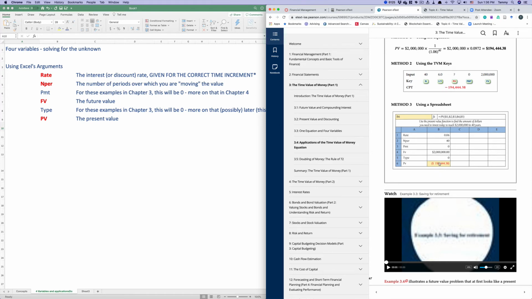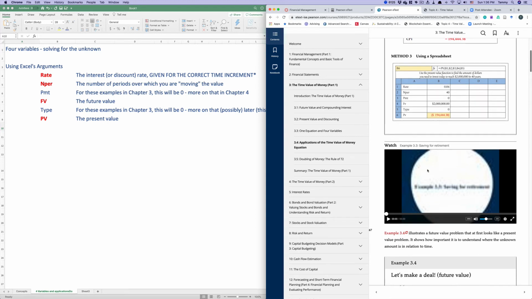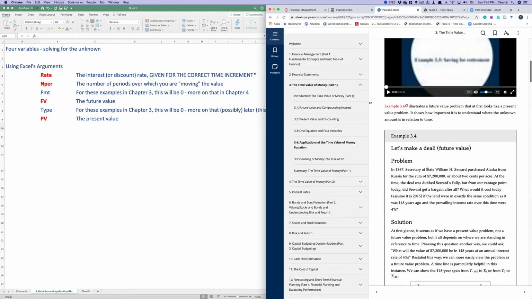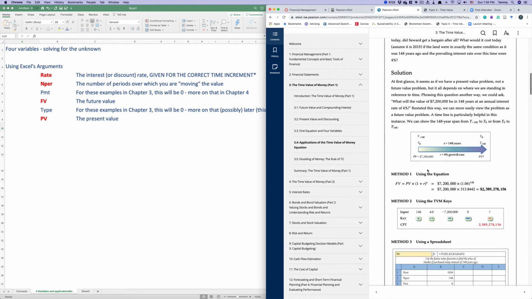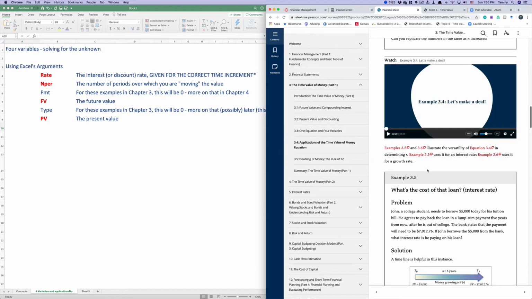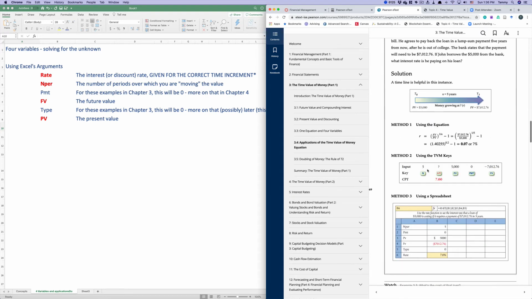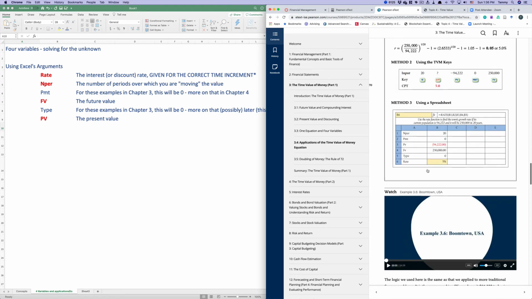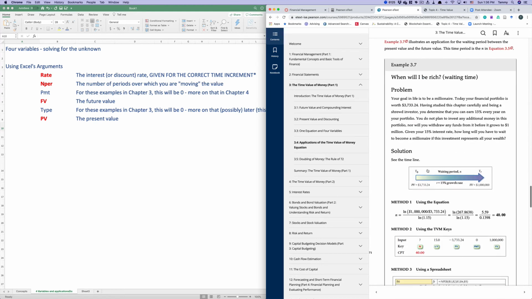So you solve out the present value. This would be the formula that they used. And we'll be doing that a lot in the examples for the homework. So, there are these neat little videos in the book that you can go ahead and watch if you want to. But I want to go down to the last example in this application section, because everybody loves